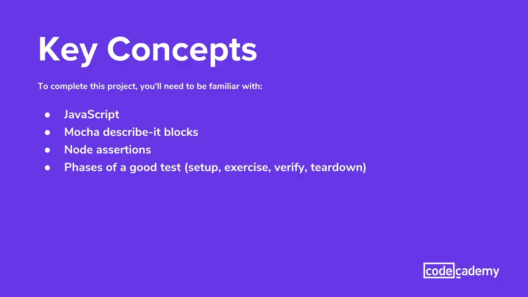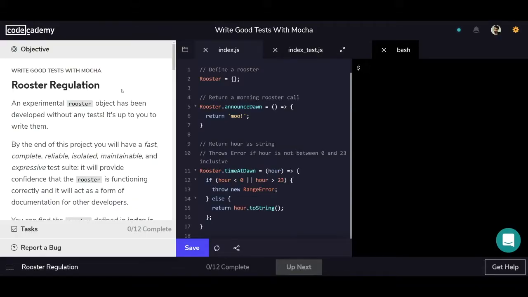project. To complete this project, you'll need to be familiar with JavaScript, Mocha describe and it blocks, node assertions, and the phases of a good test, which are setup, exercise, verify, and sometimes teardown. Let's get started. In this project, someone has gone ahead and programmed a Rooster object without writing any tests along